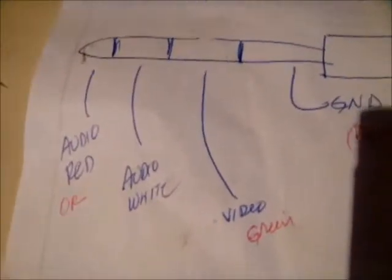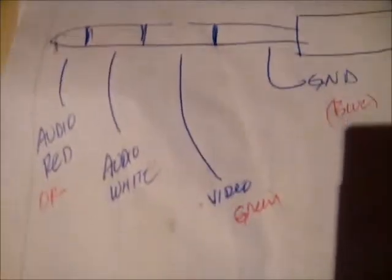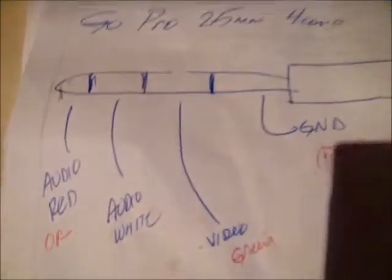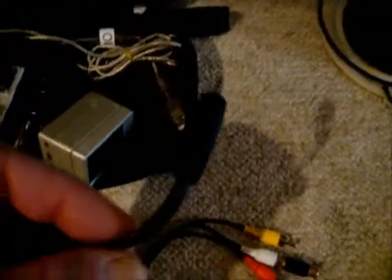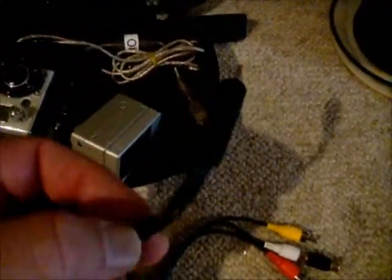So if we look at the GoPro, the tip on this is the audio red. The second from the tip is actually the audio white. The third section in on the plug then is video, and the base of the plug is referred to as ground. So what we do is actually we could cut this wire and expose those three conductors, or better yet,